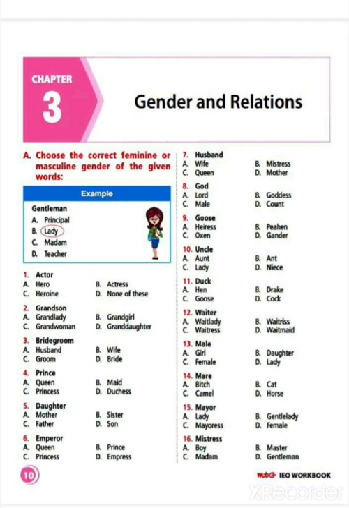So this is a very easy chapter. You have done, like, since class KG2 you have been doing gender, masculine gender, feminine gender. So here the question is, choose the correct feminine or masculine gender of the given words. So here words have been given to you. You just have to choose whether that word belongs to the male category or the female category, to the masculine gender category or to the feminine gender category. Like, this is the easiest question that you can get. They are not asking you for the answer. They have given you already the answer. You just have to say. Okay.